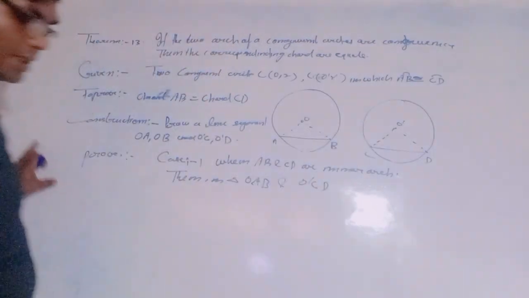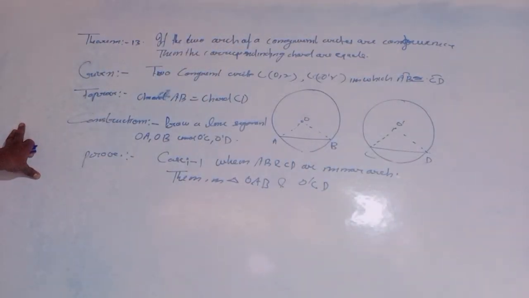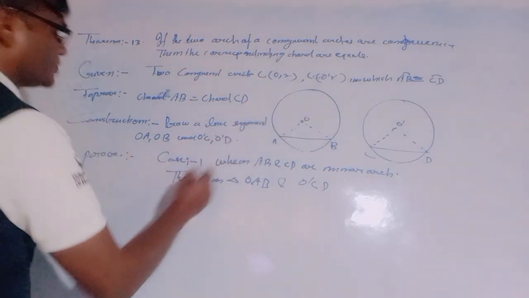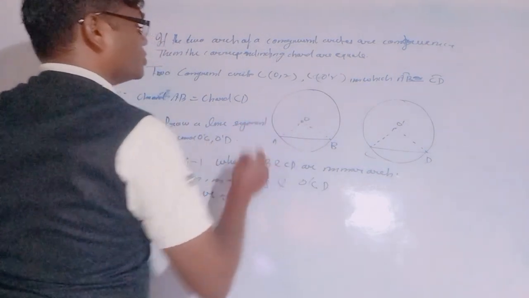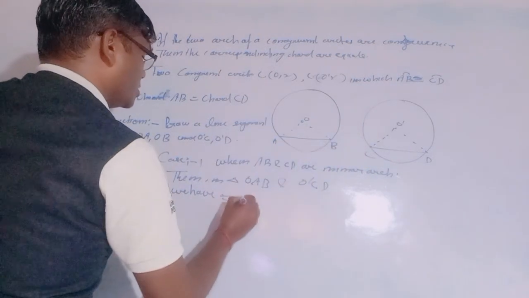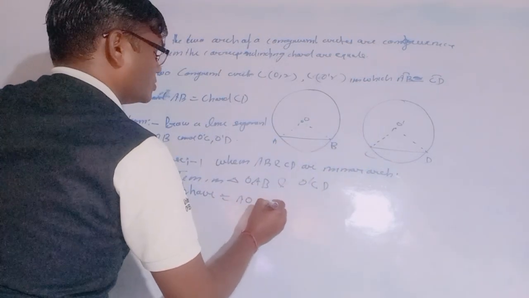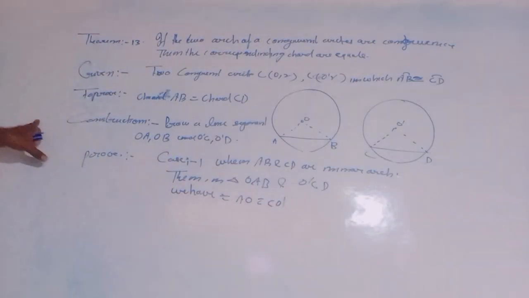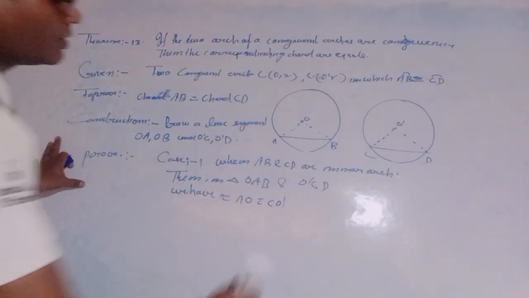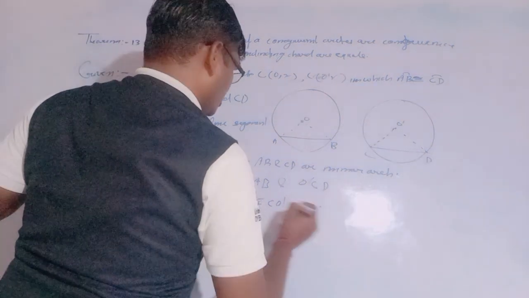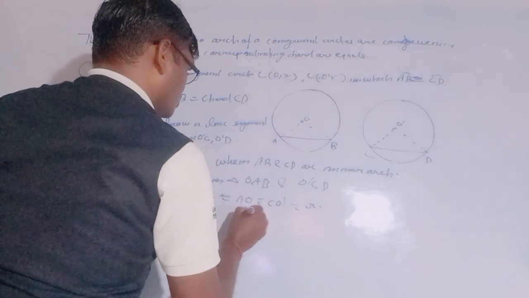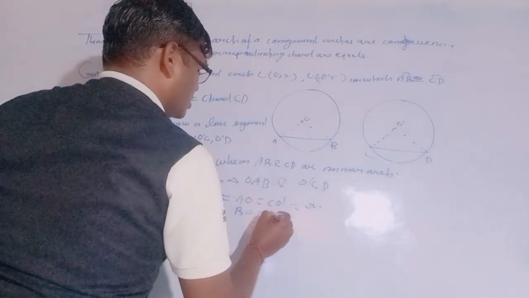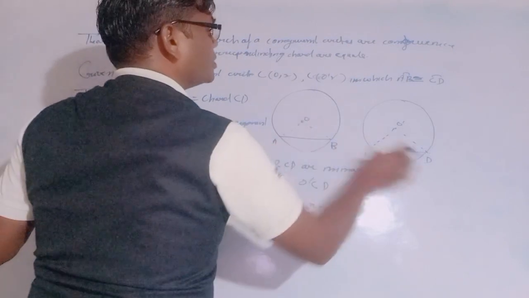we take triangles OAB and O dash CD. We have AO equal to CO dash, because AO is equal to CO dash, both equal to R, the same radius, equal radii. And OB is equal to O dash D,